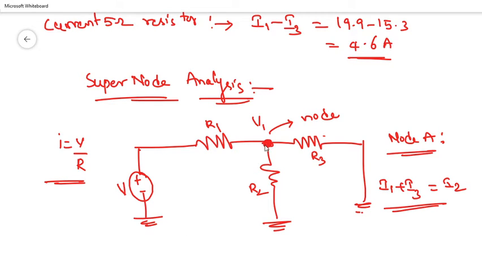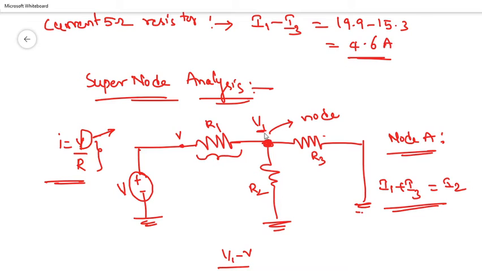Here at this particular node, the voltage is V1. So we need to write the current in the resistor. What is the potential difference across this resistor? At one point the voltage is V1. At another point, what is the voltage here? That voltage is V, whatever we connected to the source. So we are considering the reference as V1, so we write (V1 minus V) by R1 in the format of V by R. V is nothing but the potential difference. One potential is V1 and the other is V. So (V1 minus V) by R1.